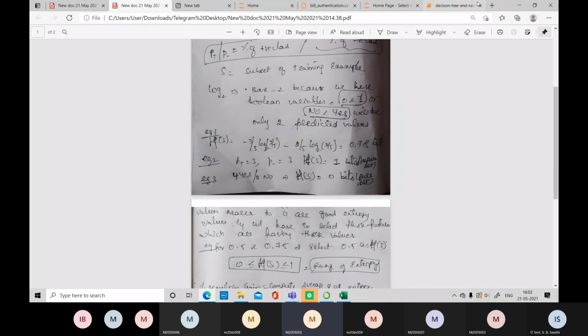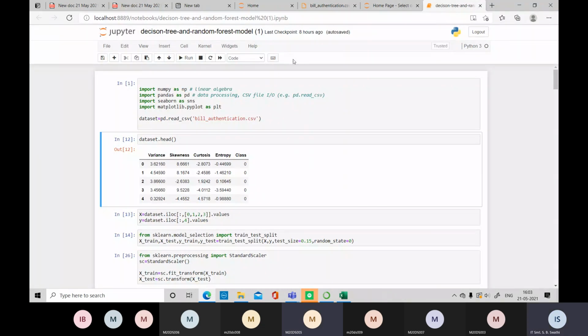Yes, ma'am. So building the decision tree using the ID3 algorithm, it uses these two properties. The decision tree is built using the ID3 algorithm, which uses entropy and information gain techniques to structure a tree. And these are all things which you already know.